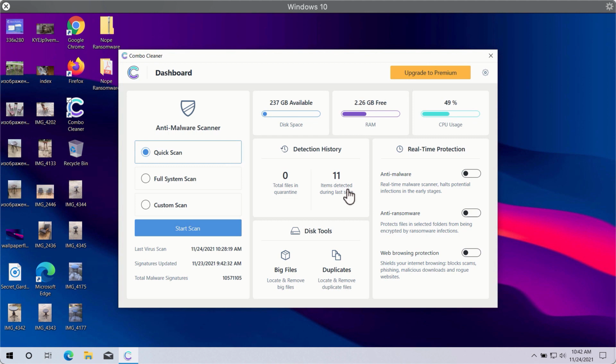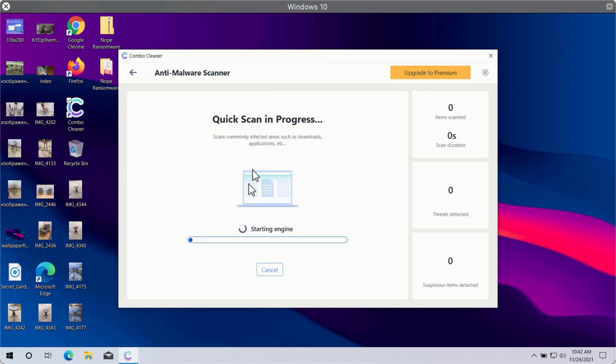After you successfully download and install Combo Cleaner antivirus, you will need to select your preferred scan type. In fact, there are 3 scan types available. They are Quick Scan, Full System Scan, and Custom Scan. However, Quick Scan is only available in the trial version, whereas premium version gives you full system scan and custom scan option. So you need to click on Start Scan button in order to let Combo Cleaner begin the research